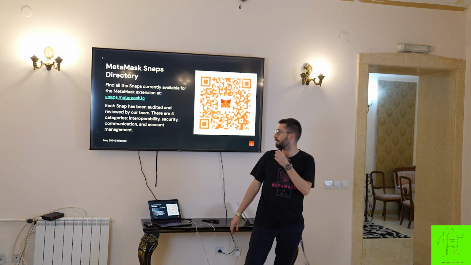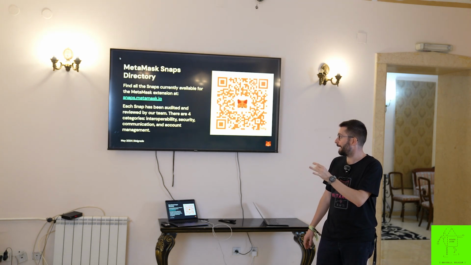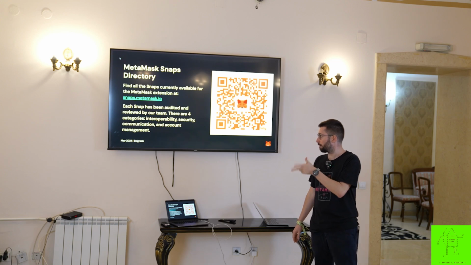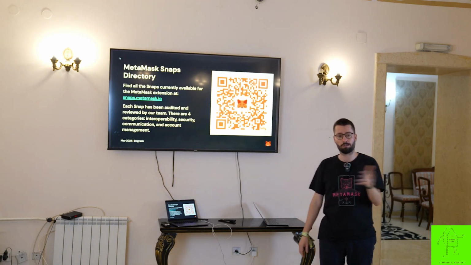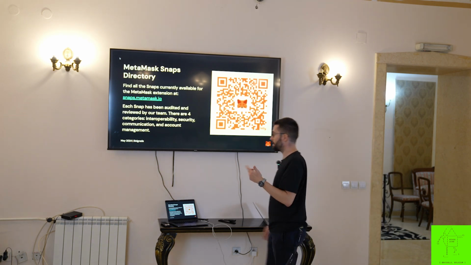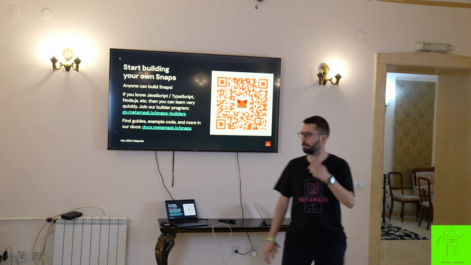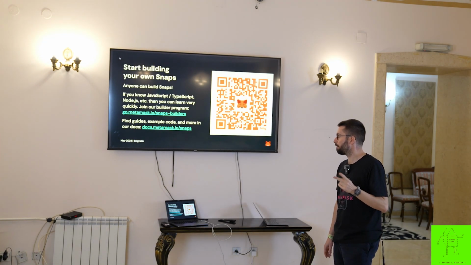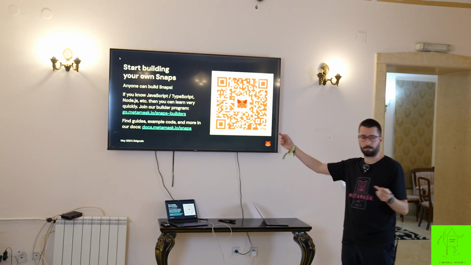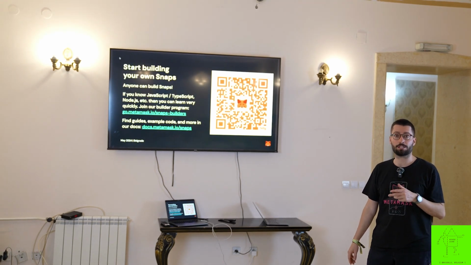So the main resources here: there is a Snap guide that we'll show you later. There are 4 categories: interop, security, communication, and account management. Account management is going in the direction of AA. And they're all available on snaps.metamask.io, right? And obviously, I don't know if you're hacking in Belgrade or if you hacked in Belgrade, we have 2 main things for devs. First, build a Snap. Then you can check the Snaps builder repo. And we have a full GitHub Snap discussion repo.